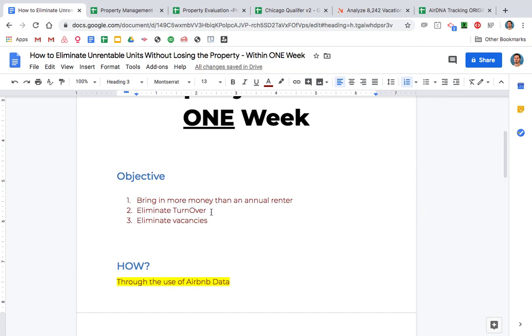I always like to explain this like a Starbucks. If a Starbucks finds a really good corner, a really good location, they're not leaving. They're going to stay there as long as that location continues to bring them the money that they want. And that's how Airbnb works. Your unit is now a business that makes money, and as long as it's making more money than you would as an annual renter, you're going to continue to keep it as an Airbnb. And so in this scenario, we eliminate turnover. No longer turnover expenses, no longer trying to get somebody in there. And we're eliminating vacancies because it's going to be set up as an Airbnb for as long as it makes